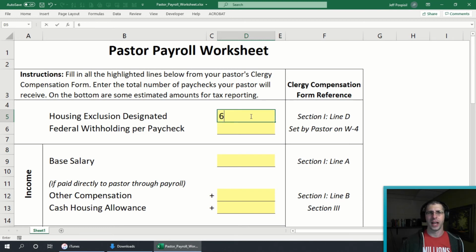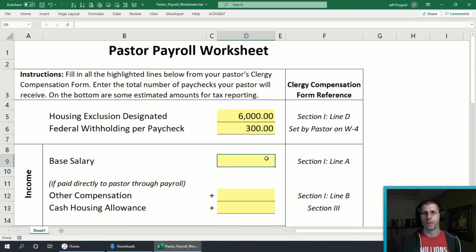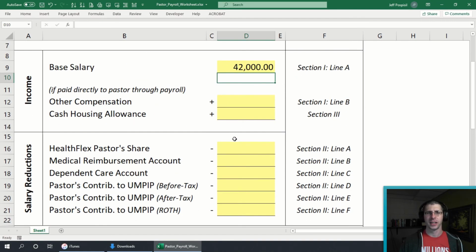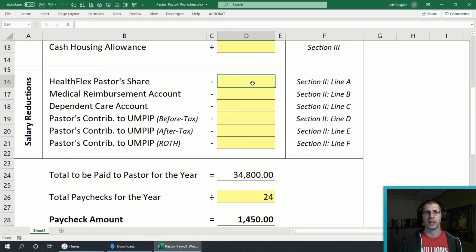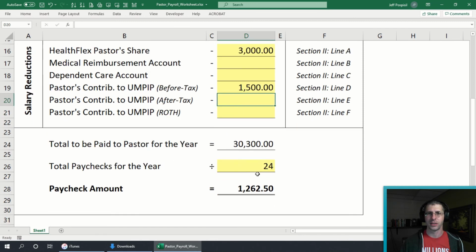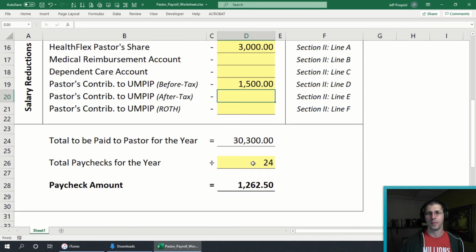We had $6,000 for the housing exclusion, and then I had $300 per paycheck for federal income tax withholding. And then we go down to base salary is $42,000, and you just fill in any of the yellow ones. Don't fill in anything else. No other compensation, no cash housing allowance. Health Flex is our health insurance, so that's how much the pastor's contribution, so I'm going to plug in $3,000. And then they have a before tax pension contribution, and I'm going to put in $15,000. And so this amount, $30,300, is the total amount going to be paid to them. We pay them twice a month, so our paycheck amount in QuickBooks should be